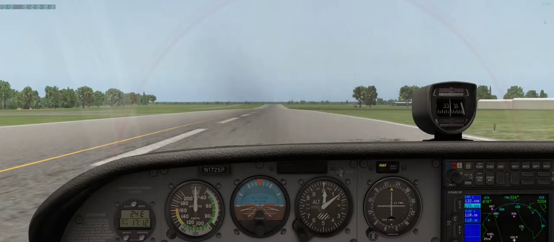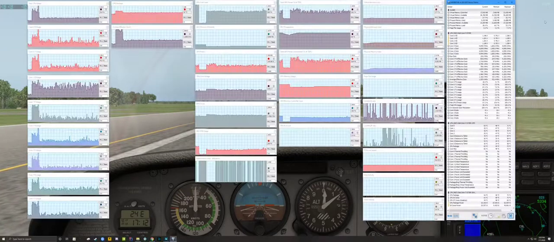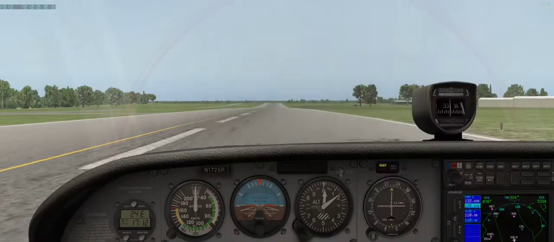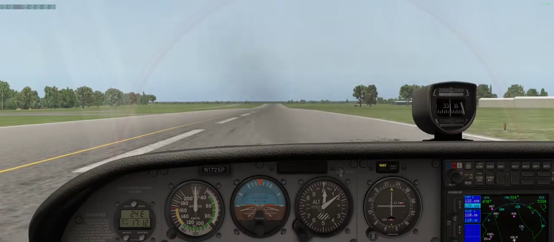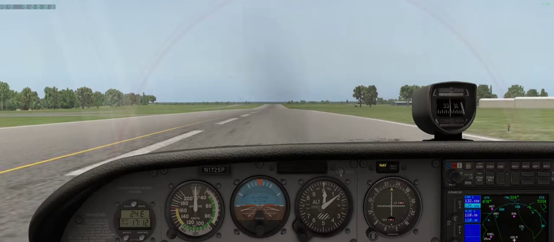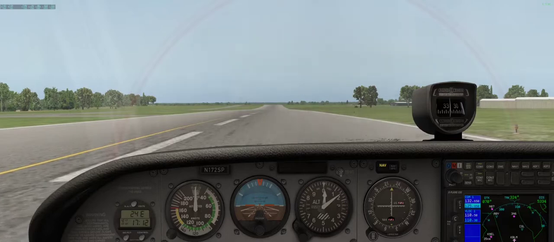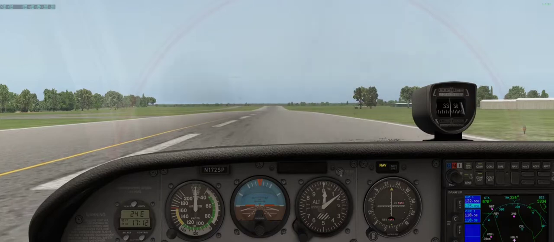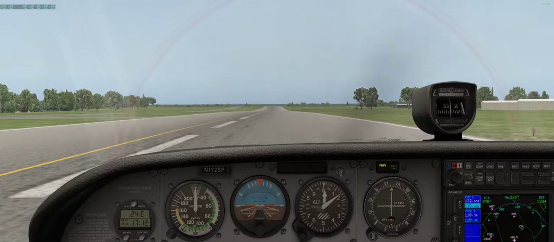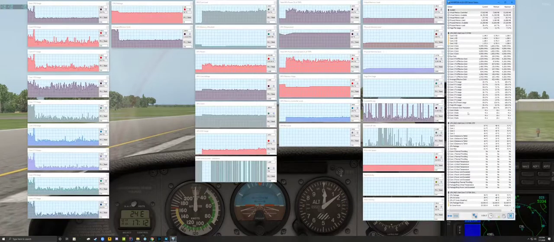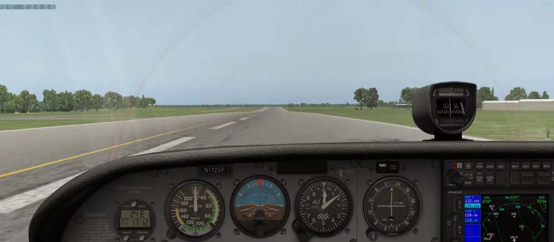Of course, I demonstrated that it also is not present when you have X-Plane in G-Sync mode on G-Sync compatible hardware. At least that's the case on my system. I can't say if that's going to be the case on every system under the sun, but I wouldn't be surprised if it is. So to troubleshoot this, debug it, make sure you're not in G-Sync mode, or if you are in G-Sync mode,